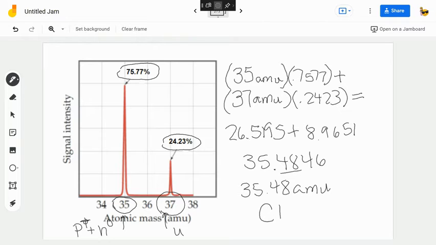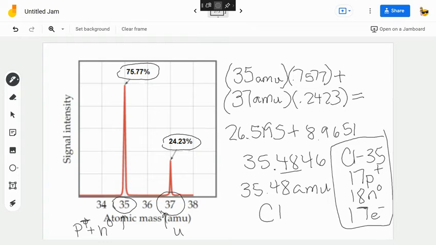That means that chlorine 35 has 17 protons and 18 neutrons. Then we would say 17 electrons also